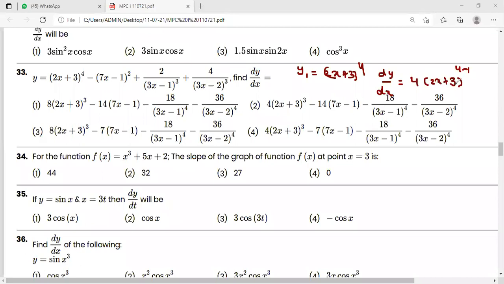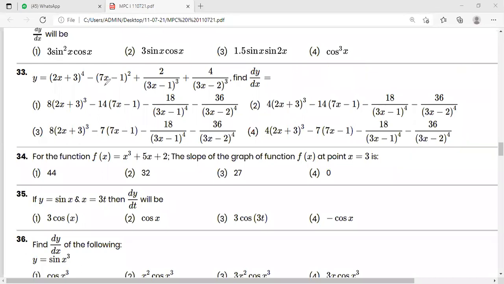And for the inside function, again you have to write the derivative. For 2x plus 3, for 2x the derivative is 2. For the constant, the derivative will be 0. So this will be how much finally? 4 into 2, 8 into 2x plus 3 whole power 4 minus 1 is 3. So the derivative for the first function will be 8 into 2x plus 3 whole cube. See here, the first option is correct, the third option is correct. The second and fourth options are wrong, no? Okay, next one.